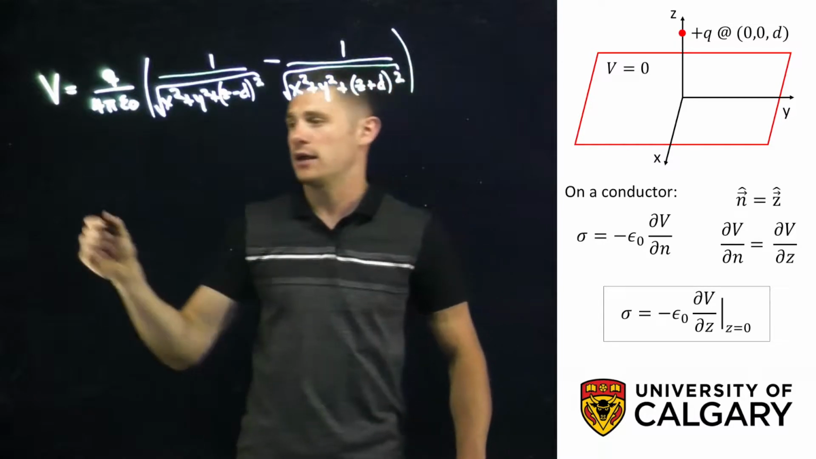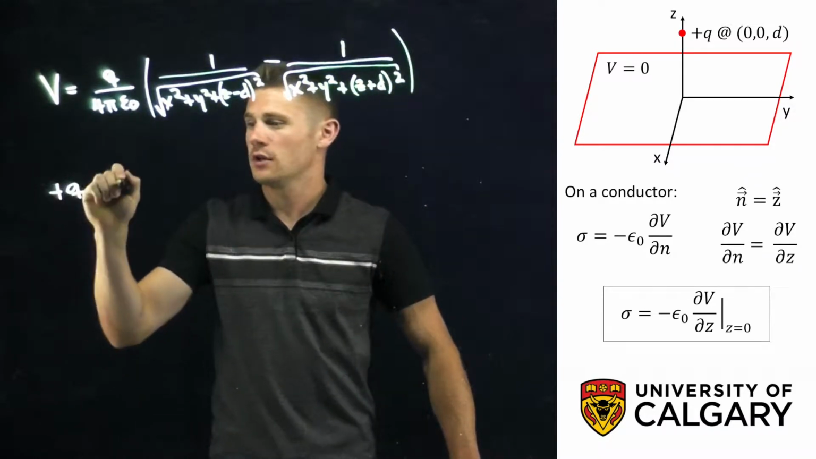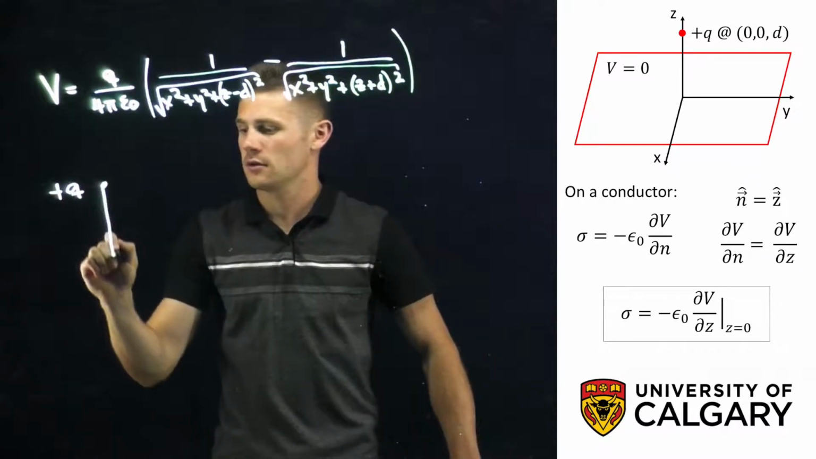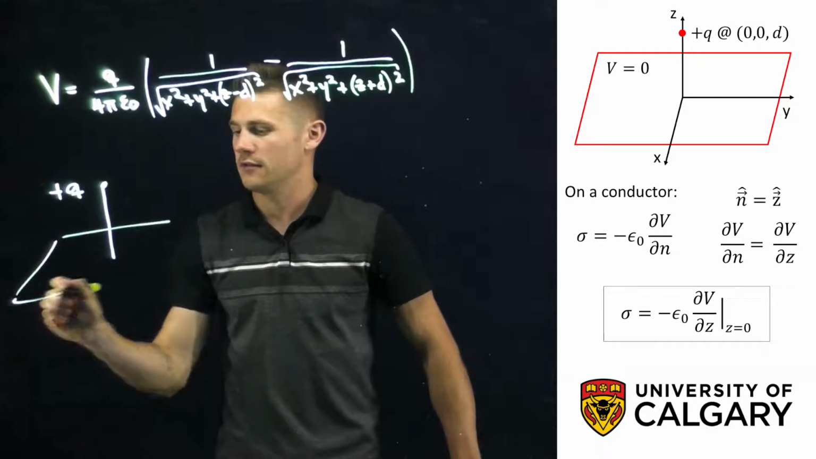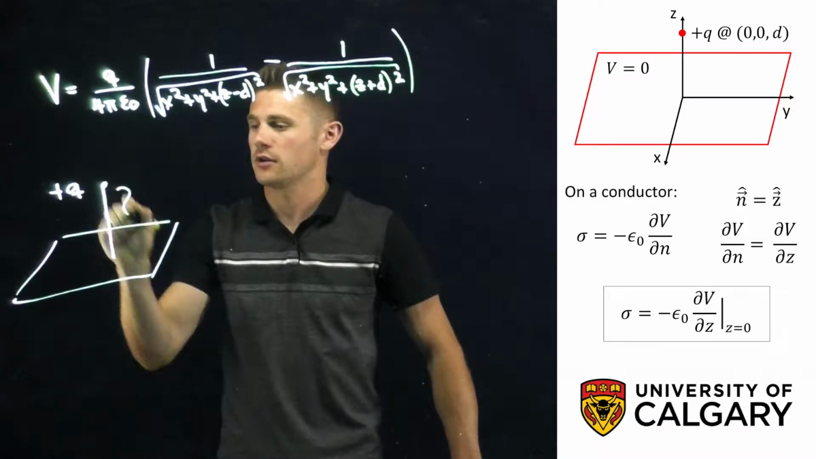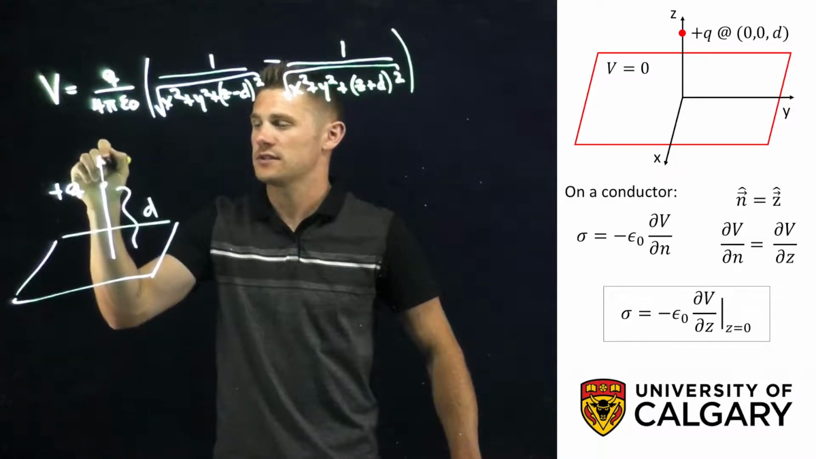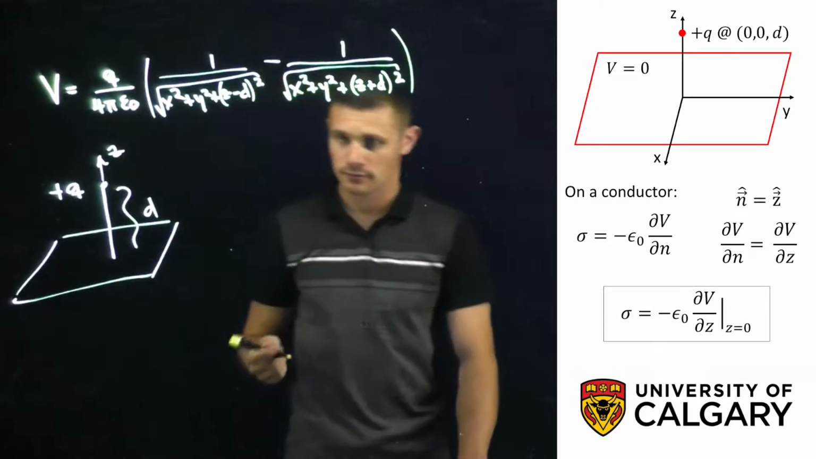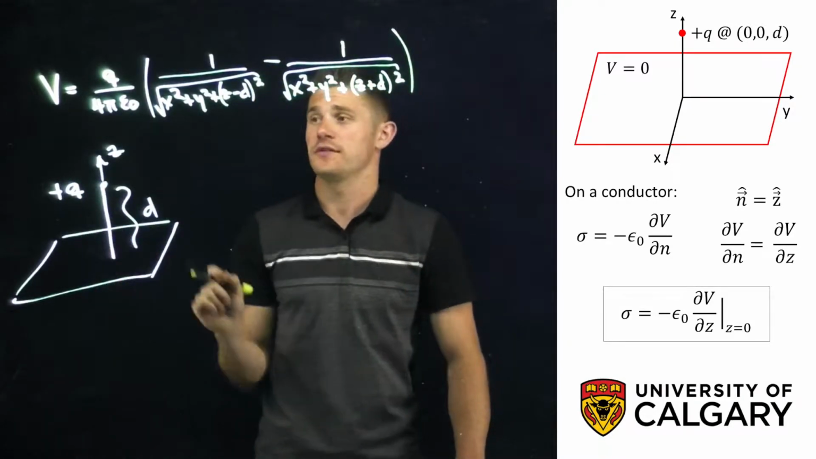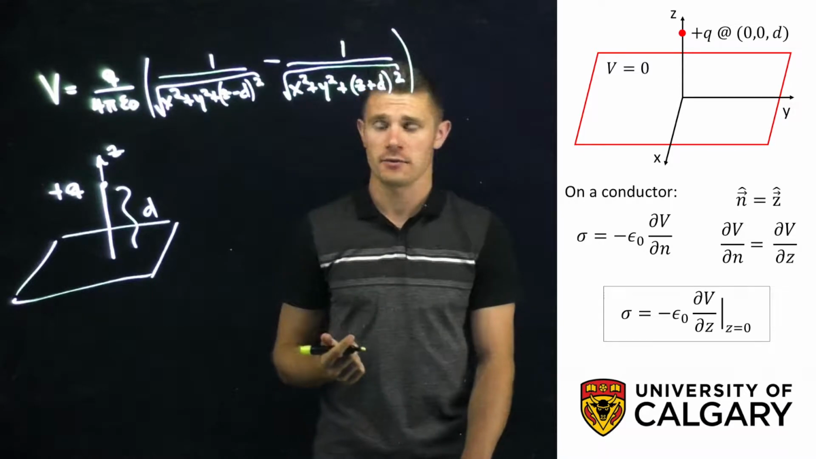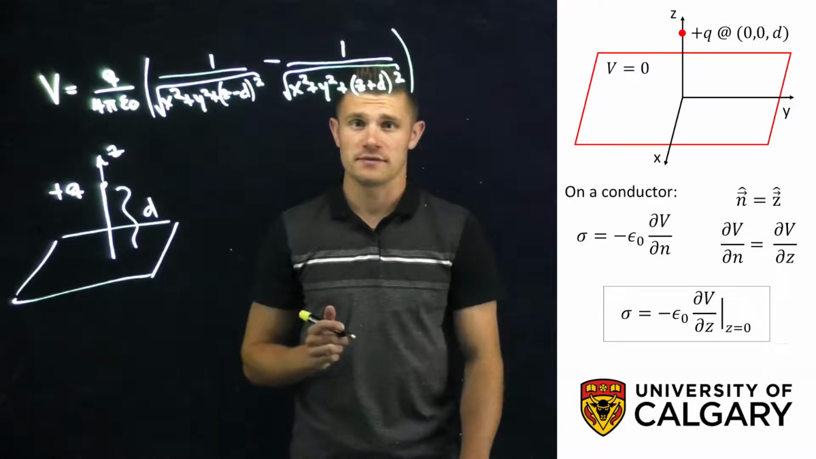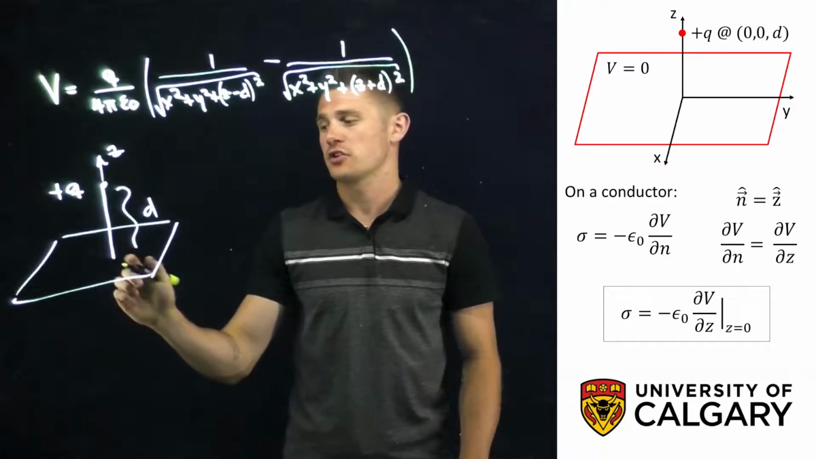This is for the setup where we had a positive charge Q, a distance d above an infinite conducting grounded plane, where this was the z axis. So this is the setup we had from the previous video, and this was the potential that we found. What we want to do in this video is find what is the induced surface charge, sigma,